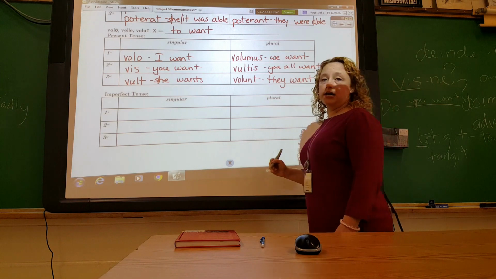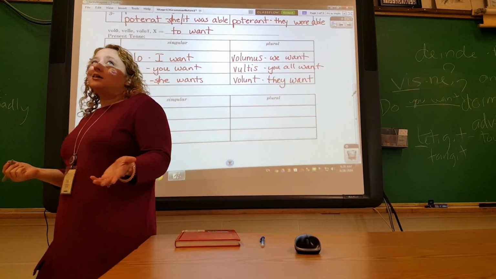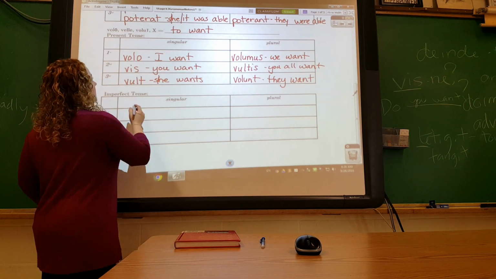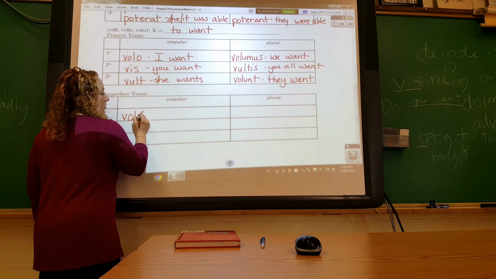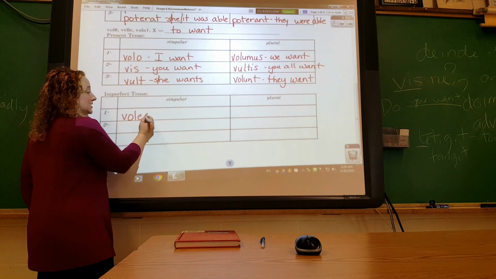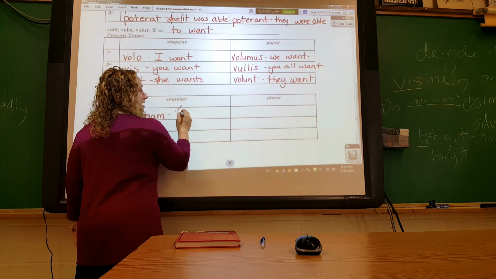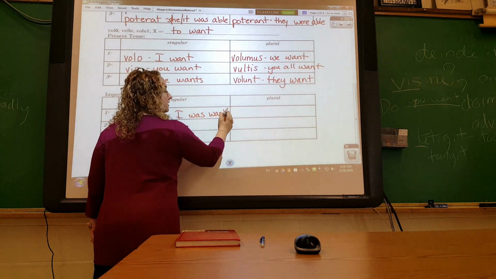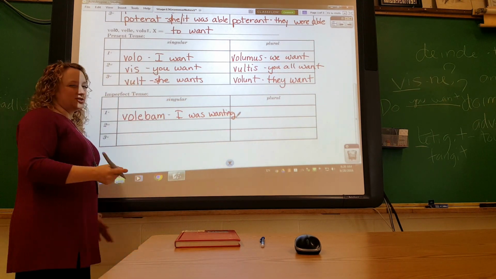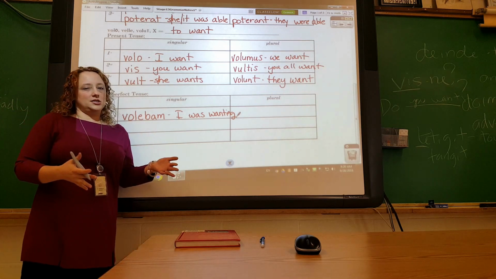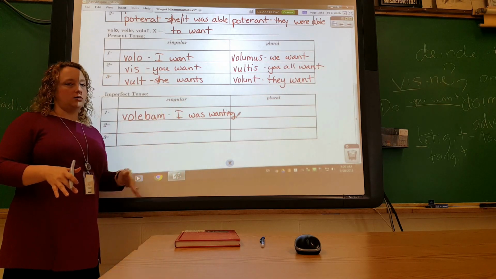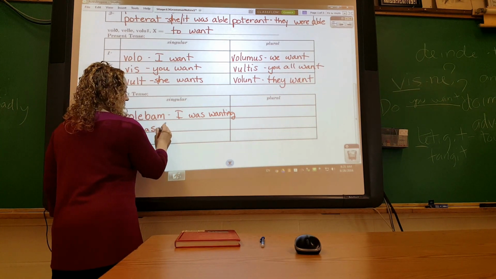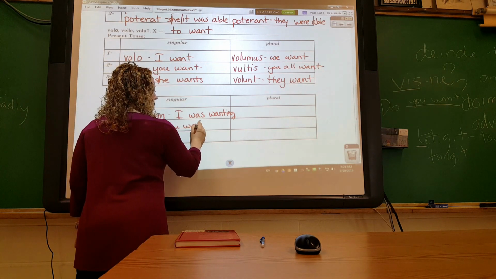Okay. Imperfect tense is not exactly regular, but it is easily identifiable because it still has the ba spot. So you just have to use vole and then put your imperfect tense endings on it. So volebam, I was wanting, which usually in English we do just translate as I wanted, but for our purposes right now, we're going to use was or were. Volebas, you were wanting.